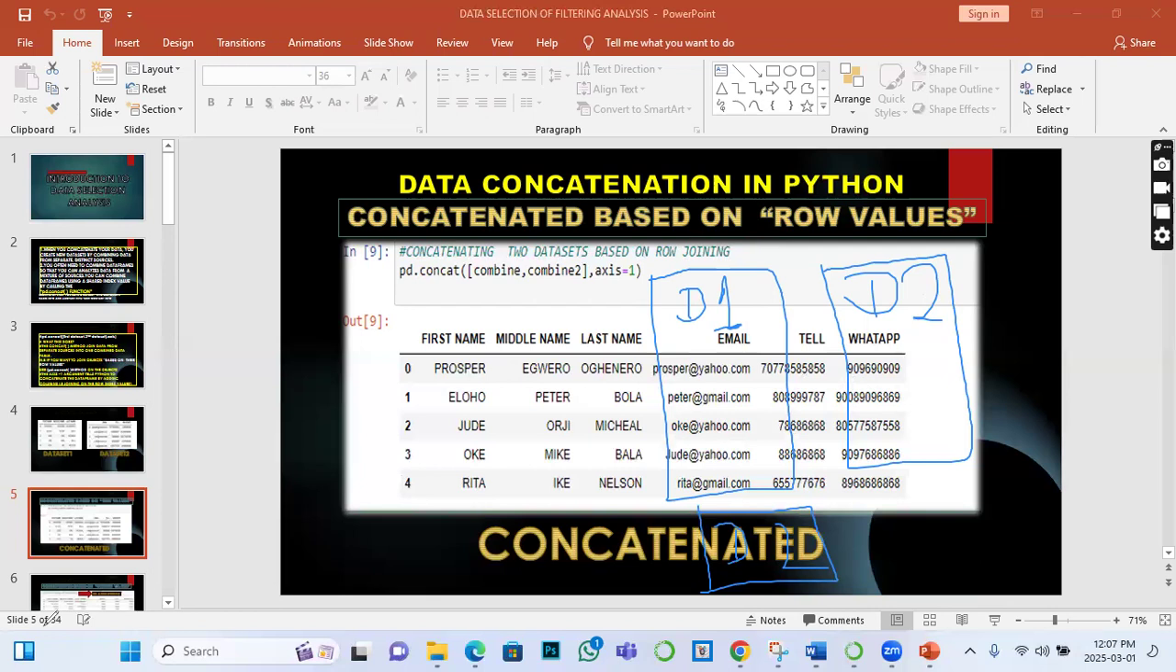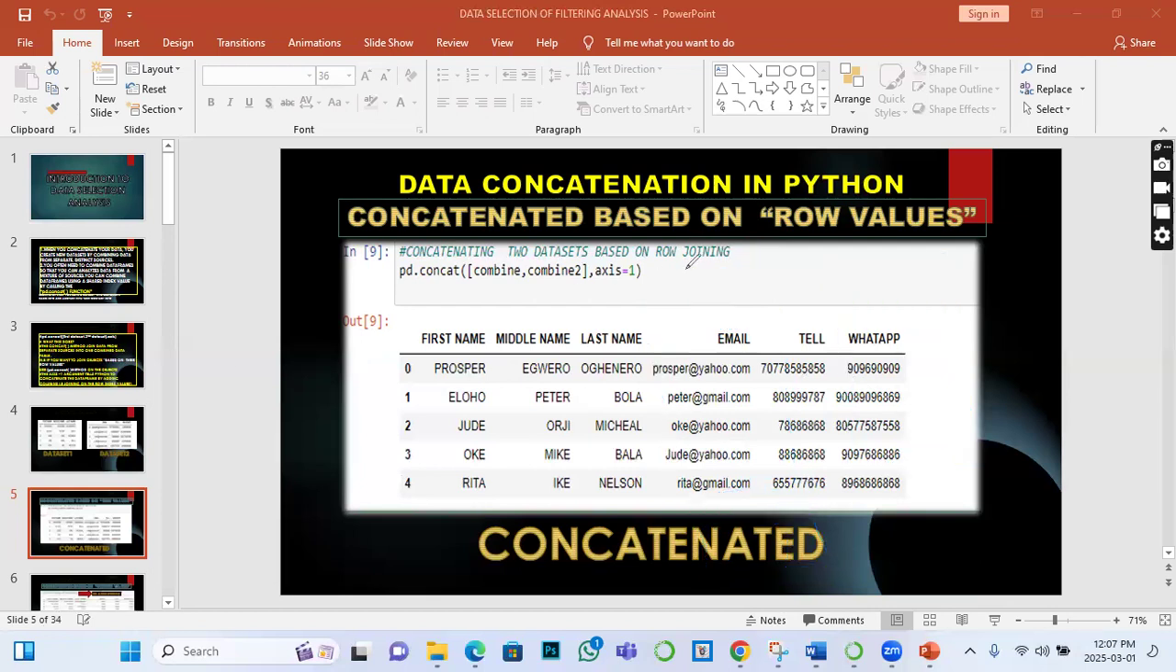Exactly. So that is what I am trying to explain. So I want you to write down the whole of this. This is what you write down now, quickly, as your syntax for concatenating. So knowing fully well that the PD is the pandas,